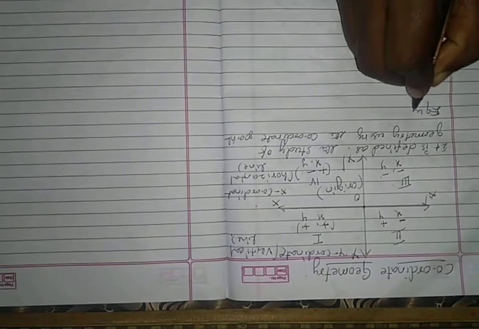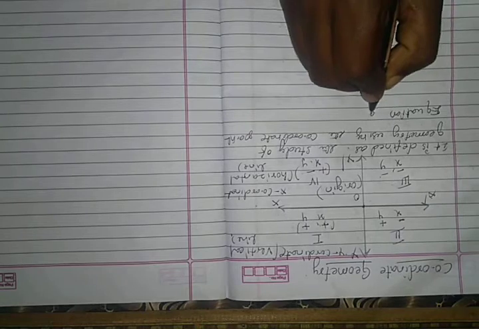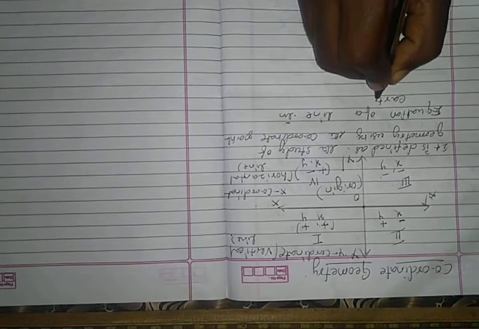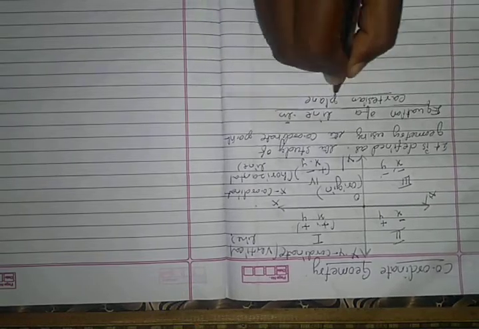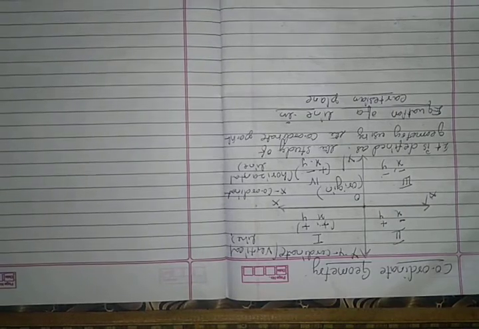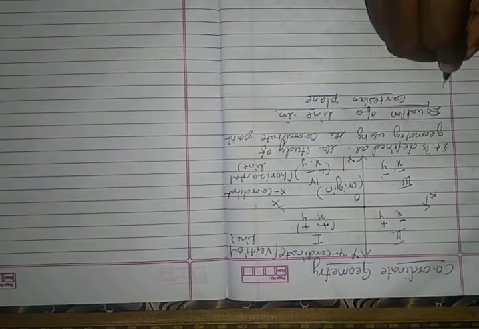Next let us see the equation of a line in the Cartesian plane, very important. Dear children, the equation of a line can be represented in many ways. Let us see a few of which are given below.